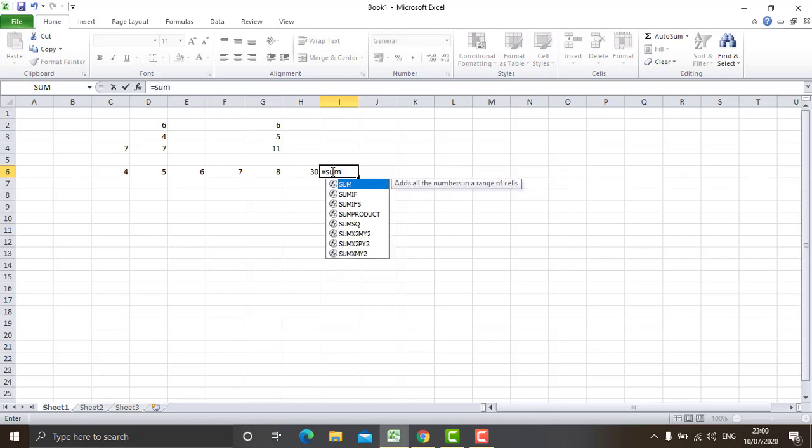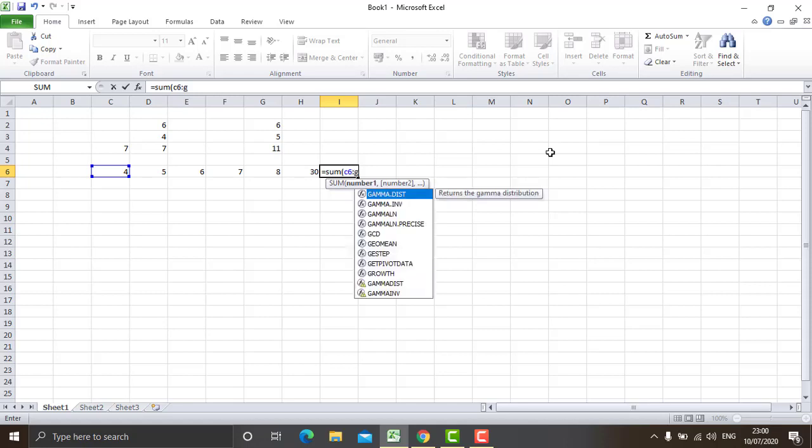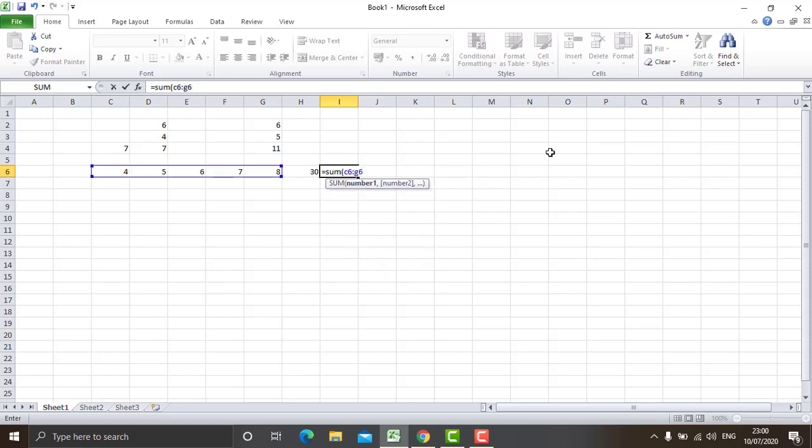SUM, open the bracket, and then we write the range of cell, from where to where we want the values, and the range of cell is from C6 to G6. We are writing C6 colon G6 and bracket close.